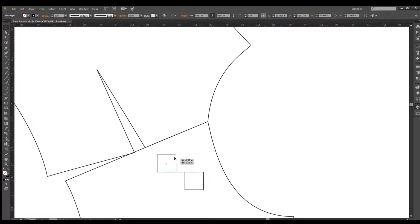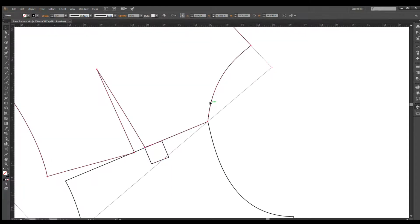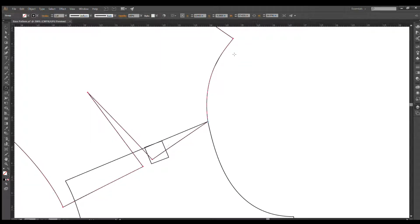At this point, I'm going to rotate this box to match, and then continue rotating the back pattern until it's overlapped by just about that much. That seems like a lot, but that way your collar pattern isn't going to flare out too much